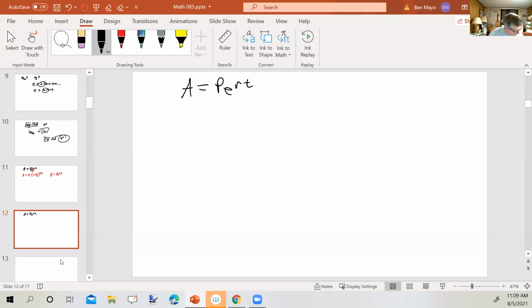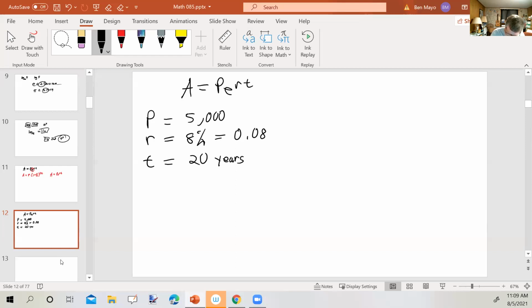Okay, this problem says, find A using this formula, given the following values of P, R, and T. Round to the nearest hundredth. So that's going out 2 decimal places. It says P is 5,000. R is 8%, which we're going to convert into a decimal. And T is 20 years. Okay. So A equals 5,000 times E raised to the